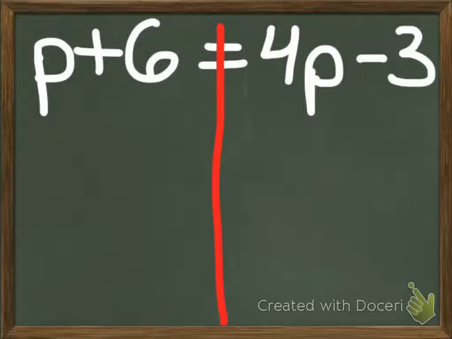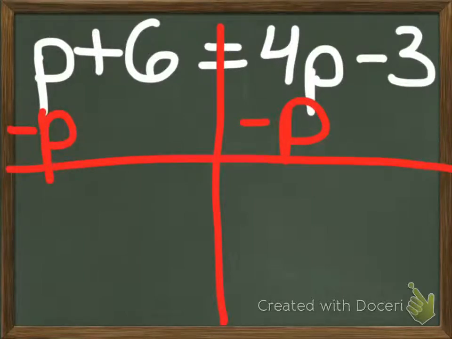So I'm going to do minus P to both sides. Now I did minus P because this P over here is just a positive P. It's just a 1P sitting over there. So to get it over there, I would do minus 1 to the other side. Well, this one's going to cancel out. This one is going to be 4 minus 1P, which would be